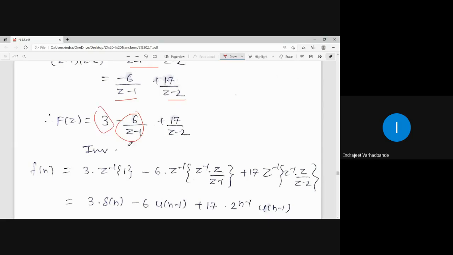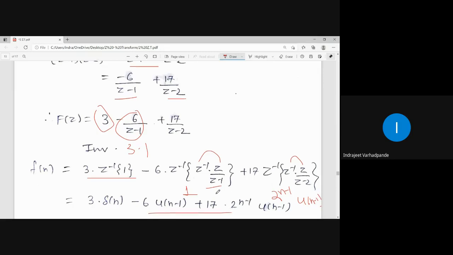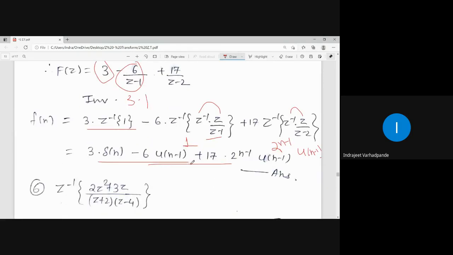Why is it not possible to do it here? Because 3 can be written as 3 into 1 and I have the inverse for 1. What is inverse for 1? Delta n. Z inverse of 1 is delta n, which is called the unit delta function or the response function. So accordingly, I will not be disturbing anything over here. So for 3 into this, introduce the inverse, apply the shifting property, z upon z minus 1, that is 1, is its answer. Its answer will be 2 to the power n, as n is to be replaced by n minus 1 and multiply throughout by u of n minus 1. So accordingly, this is the expected answer. So this is how we try to generate.